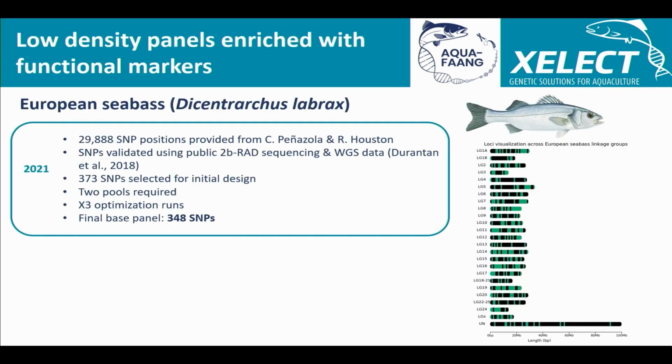This is just to describe the two panels that we developed. So we developed a low density panel enriched with functional markers for two species. The first one, European sea bass. So back in 2021, we received around 30,000 SNP positions from Carolina and Ross. And from that information, we used some public resources from 2B RAD sequencing and whole genome sequencing to basically select